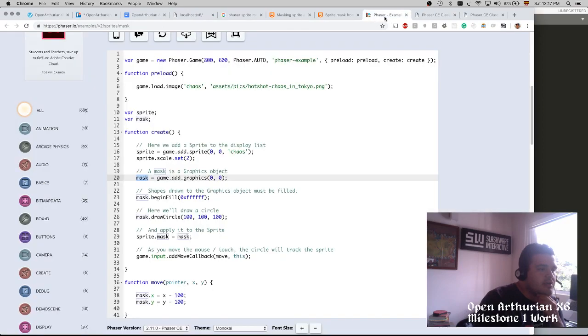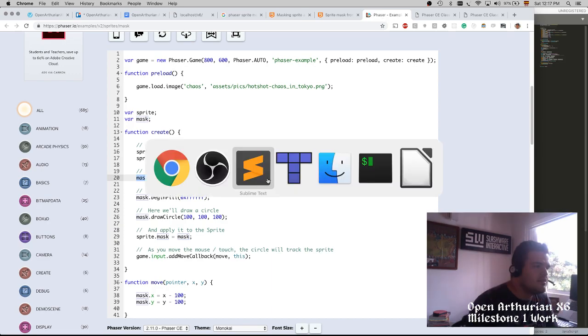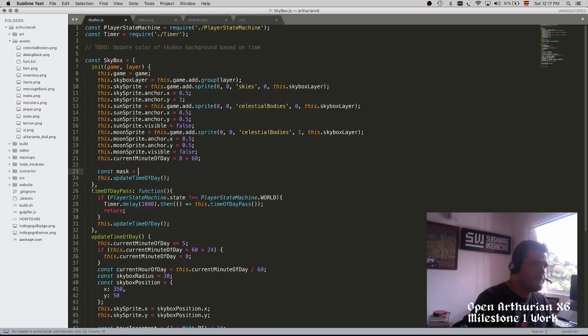So we can go back to this example. Let's try that. Let's try adding a rectangular mask. So in the Skybox, what we are going to do here is create that graphics object. Now, how are we creating? Okay, we can use the factory method here, this.game.add.graphics,